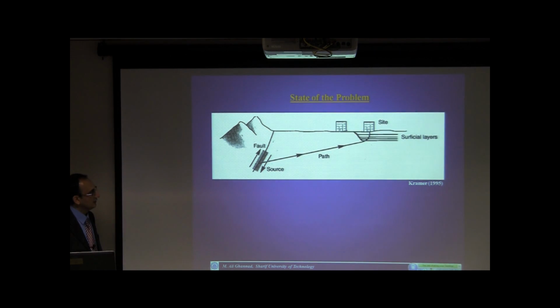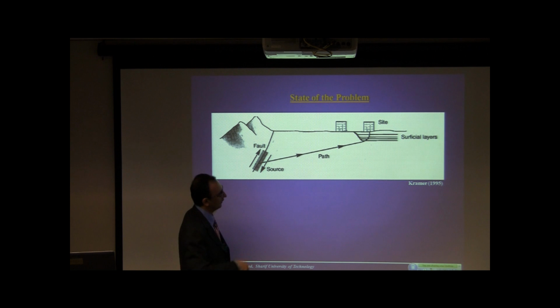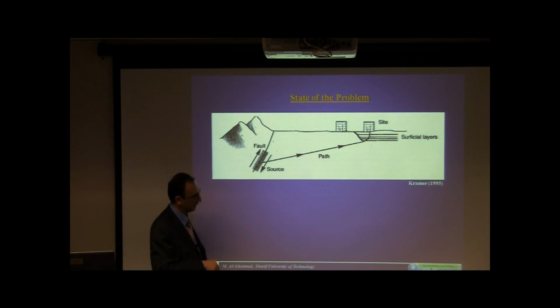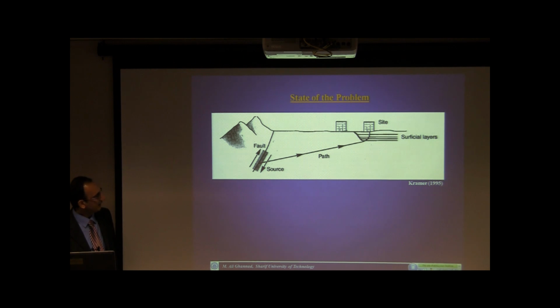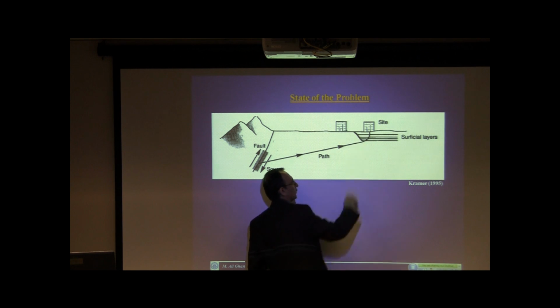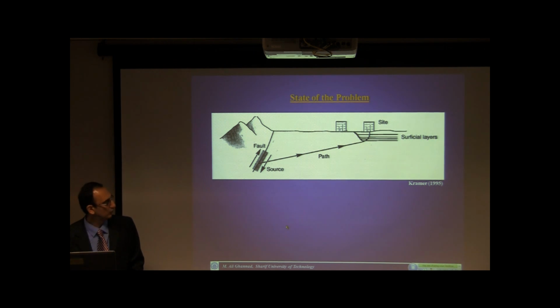Okay, the state of the problem. During earthquakes, we have the source problem, the path problem, and also the local site. The figure is from Kramer with some modification in this part. Of course, I added some buildings here. And today we are going to focus on this part, the effect of the local site, which can be partly the soil structure interaction effect and the site effect also. Then I will explain in the next slide.